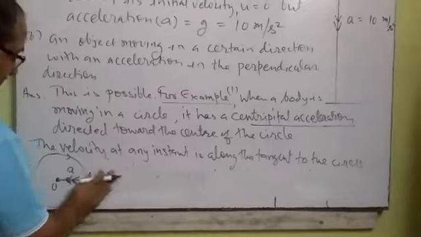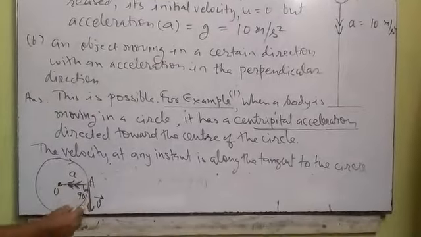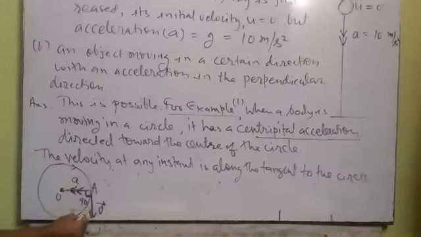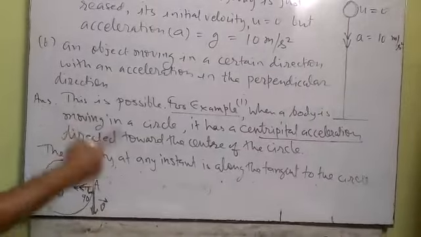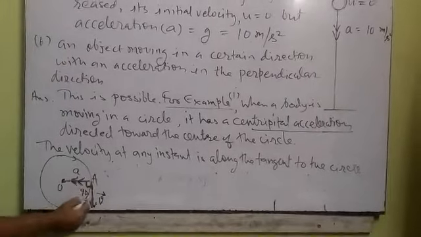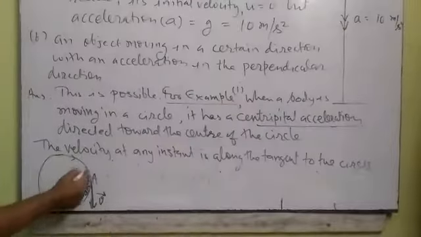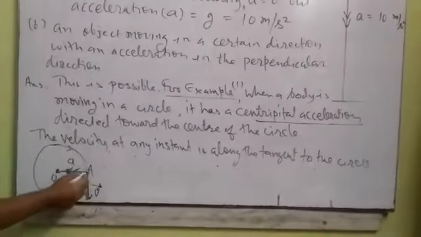In some of the books, one more question is asked: is it possible that a body has an acceleration with constant speed? Yes, again this is possible in case of the circular motion. In this case, when the body moves in a circle, it has a constant speed, but it has certain acceleration towards the center.